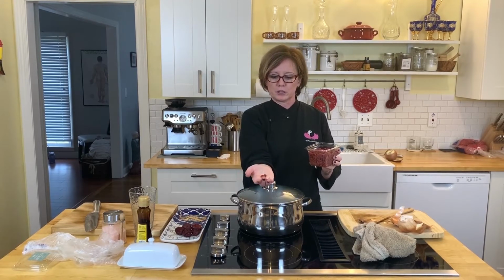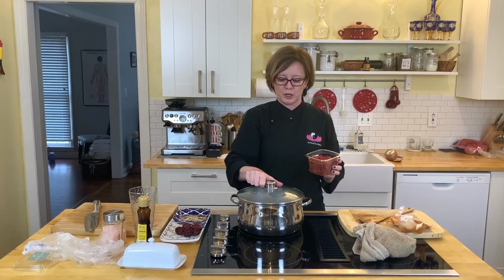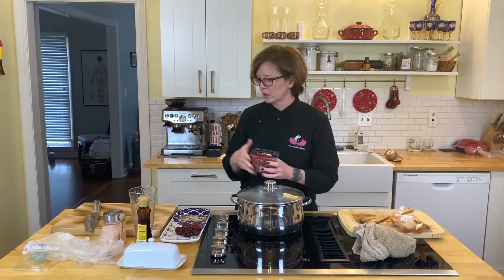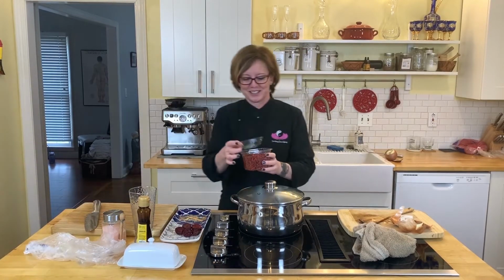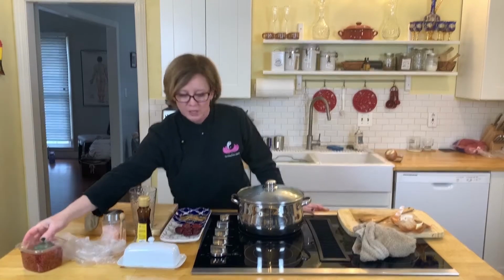Little red berries. And they're kind of bitter when they're dry like this, but when you put them in the pot, they actually get sweet. And they get squishy. And I like it because it's like a little treat when I have my soup. And so, my friends,